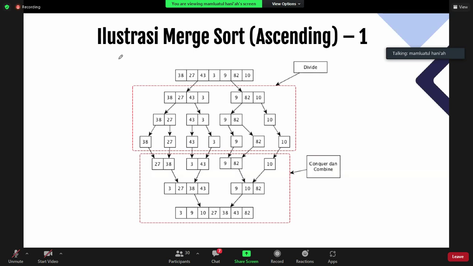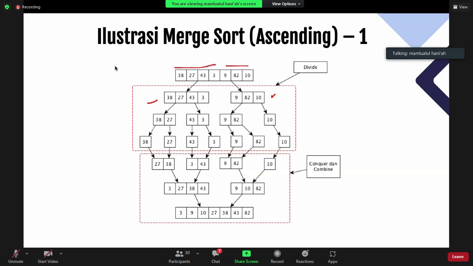So you need to divide it into smaller parts. According to the method, you need to divide your problem into smaller parts. Here you divide it into two halves, dua bagian. On the left side you have 4 elements, and on the right side, you have 3 elements.